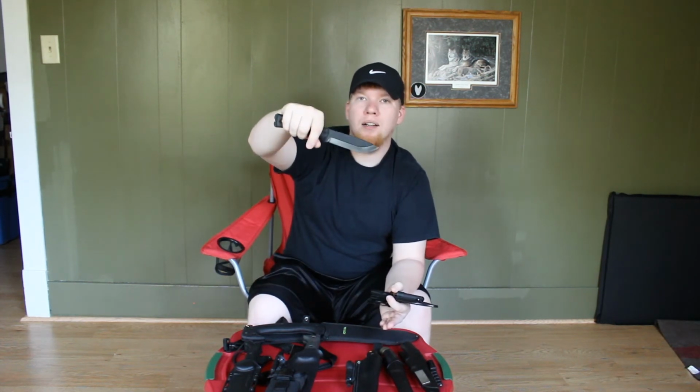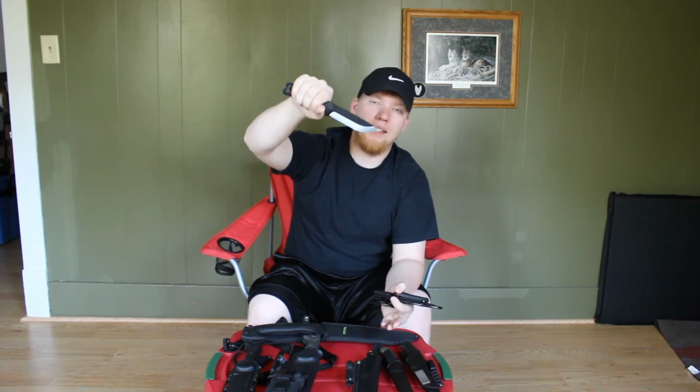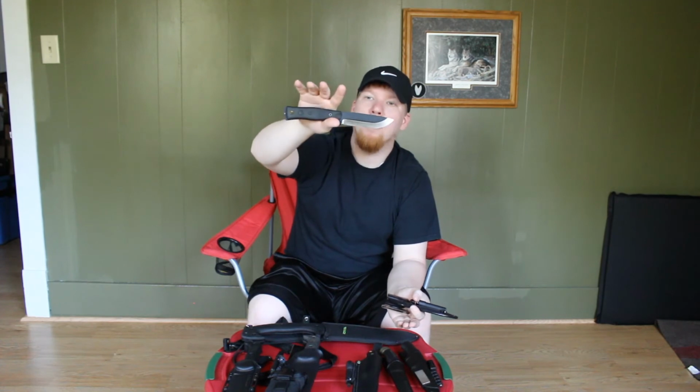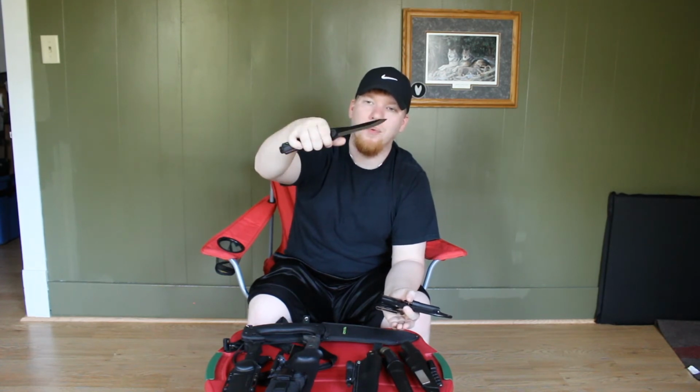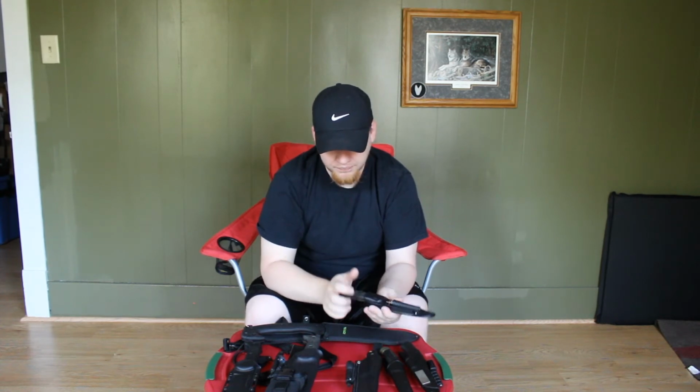Okay, it's not going to be as heavy and as durable as the BK2, and it's not going to feather and do fine work as well as the Mora, but it's a nice middle ground if you're looking for something for both. And then if you have the money,